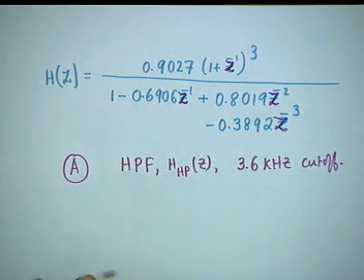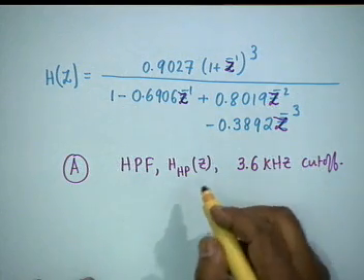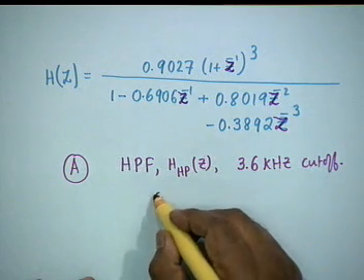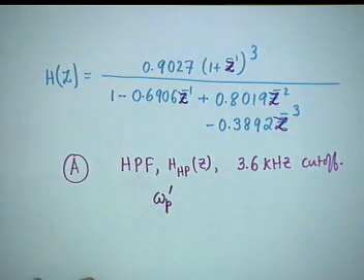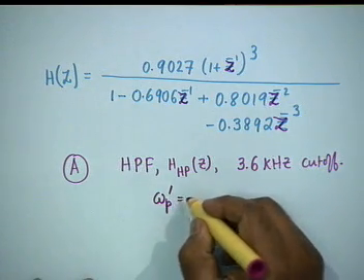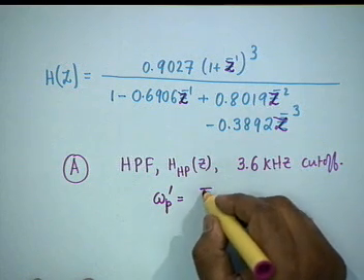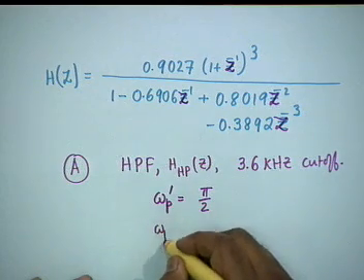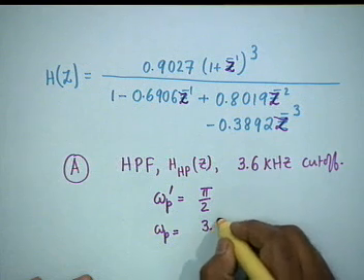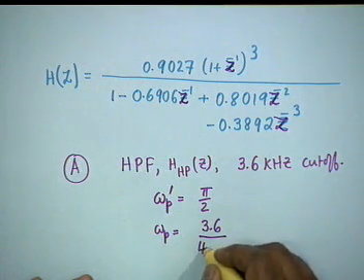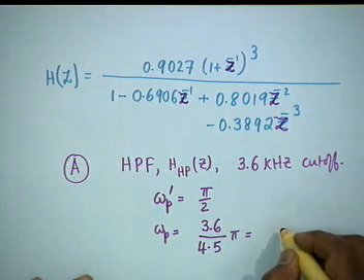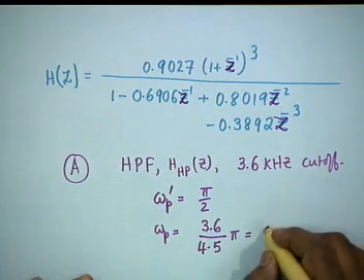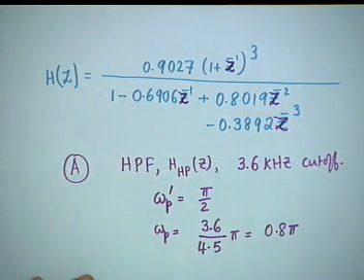Recall that omega p prime for the low pass filter was equal to pi by 2, agreed? Here omega p obviously is 3.6 divided by 4.5 multiplied by pi, which is equal to 0.8 pi, no truncation, 0.8 pi. Therefore, our transformation